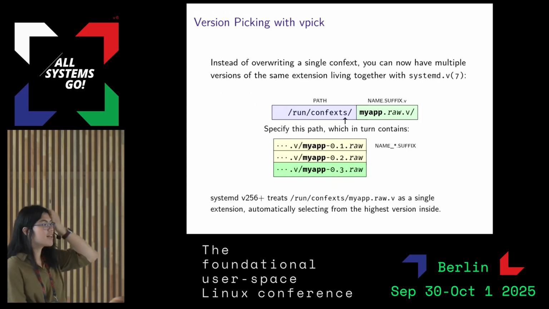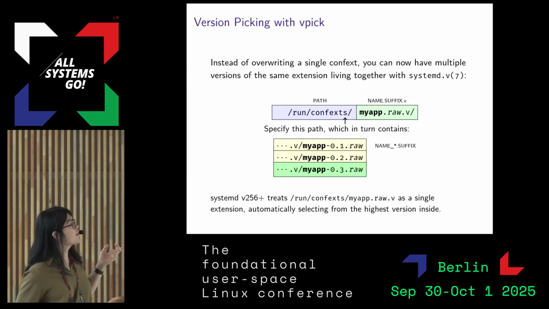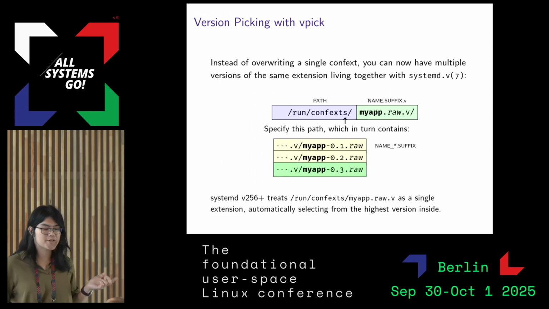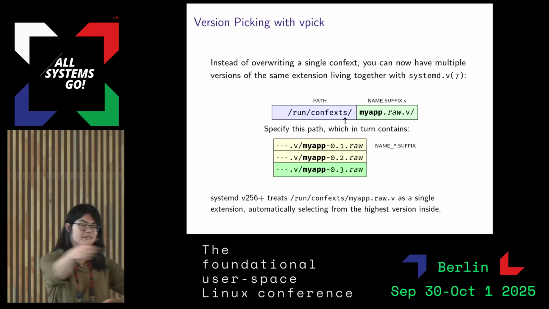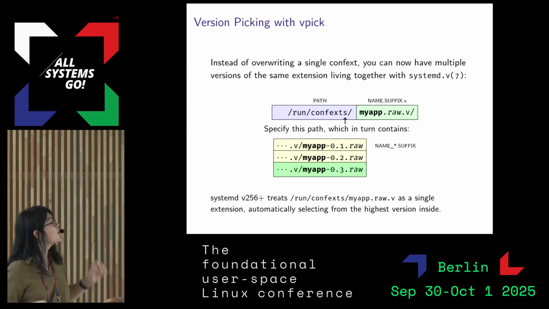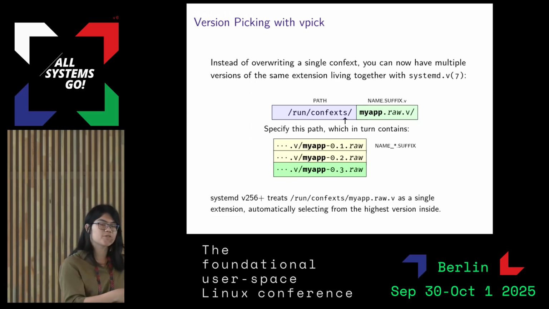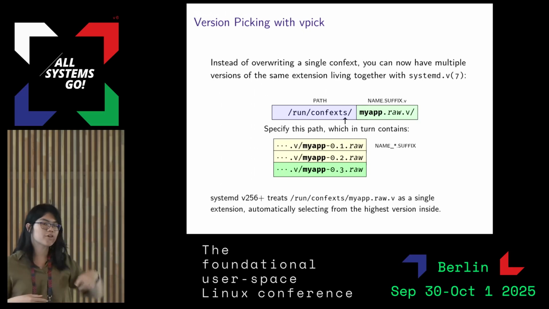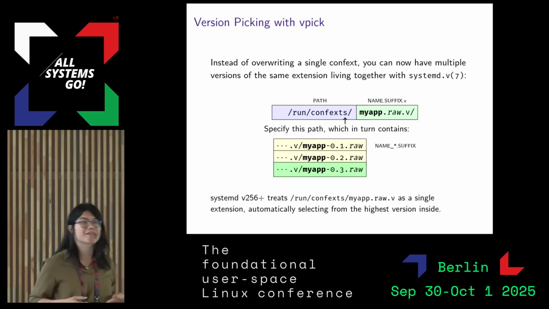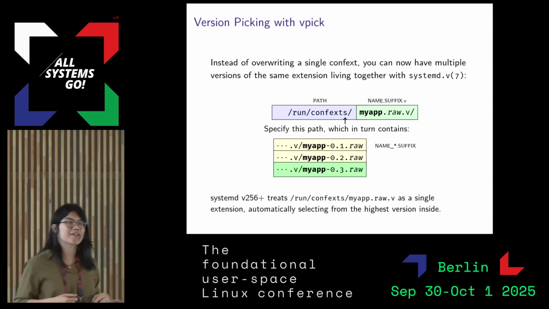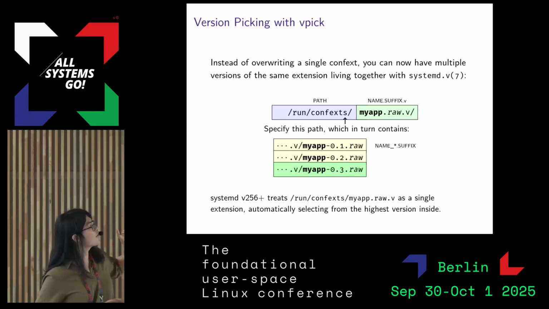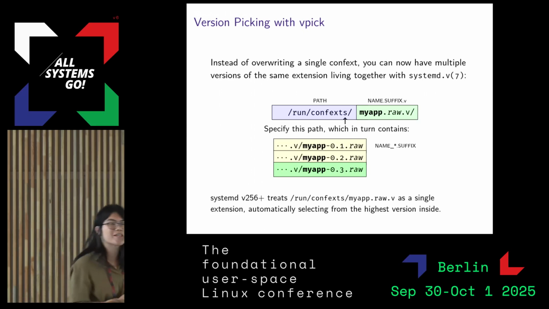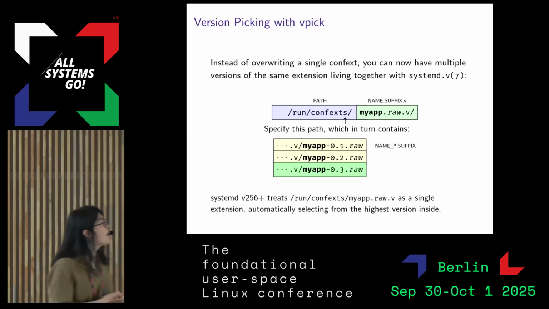And building onto that, this builds on Leonard's work on vpick-ing. So what if you made a confext image, but you want to update it, right? You want to update the configuration file. Well, you have to either fix up your unit file to get it to point to a new extension, or on the host itself, you do a bunch of mad renamings in order to overwrite the file, and then you restart it. Well, with something like vpick, you can use this directory format that basically ends with .v,